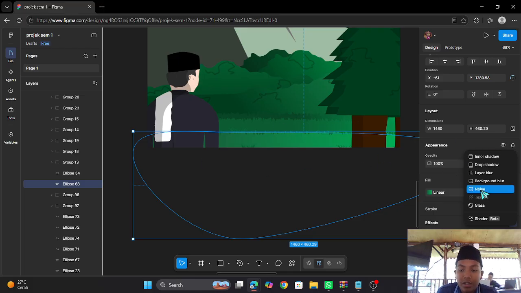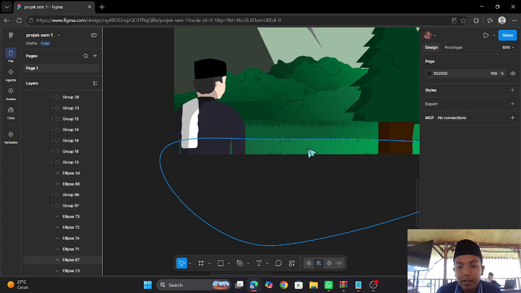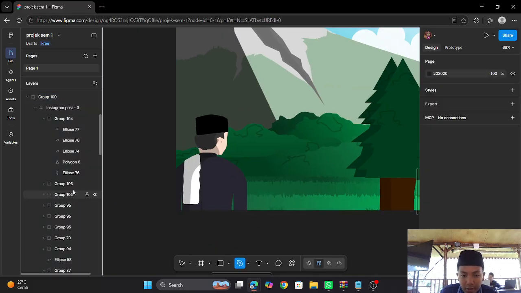And for this grass I use the texture filter. Okay, and then I duplicate it 3 times, and change the color from lighter to darker. Then also for the forest, but I use the pencil for the forest.